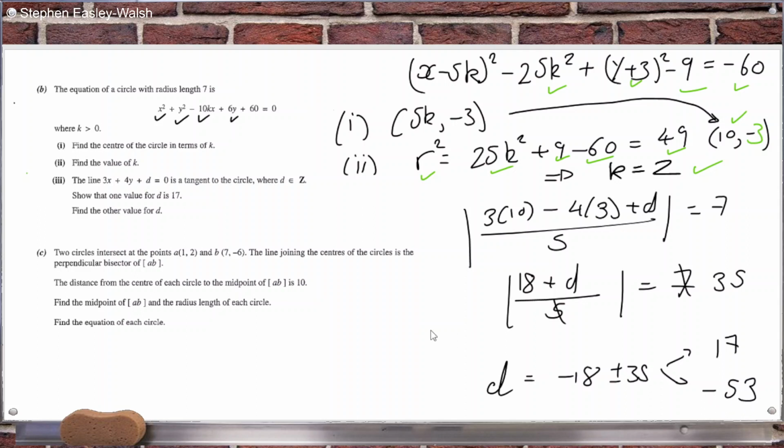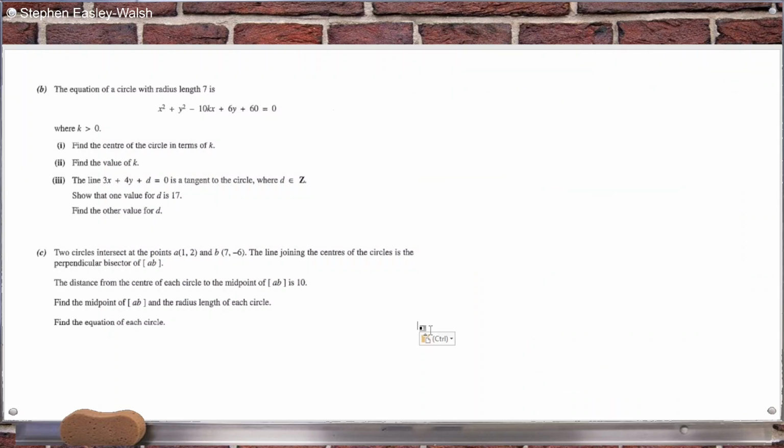Okay, that takes care of the first part eventually. Now on to the second part. Two circles intersect at that point. The line joining the centers of the circles is the perpendicular bisector of AB. Okay, so we have two circles that intersect at points A,